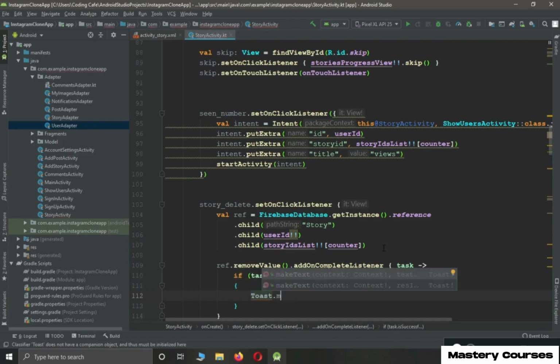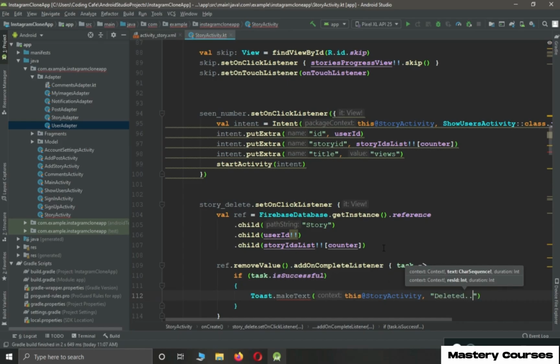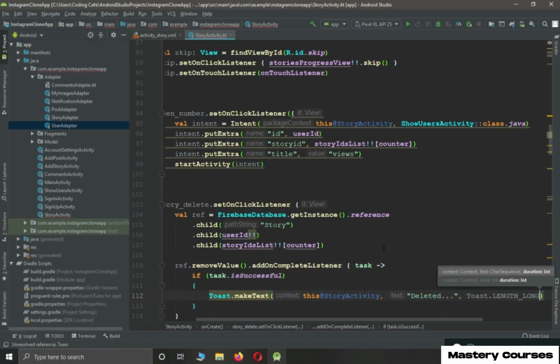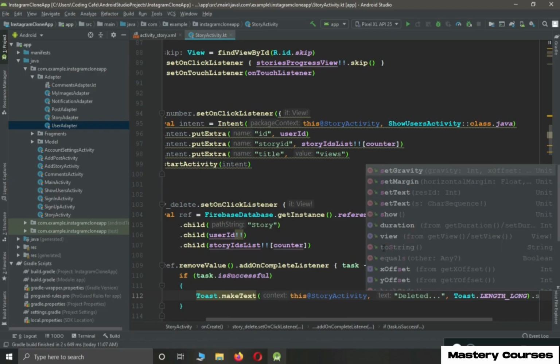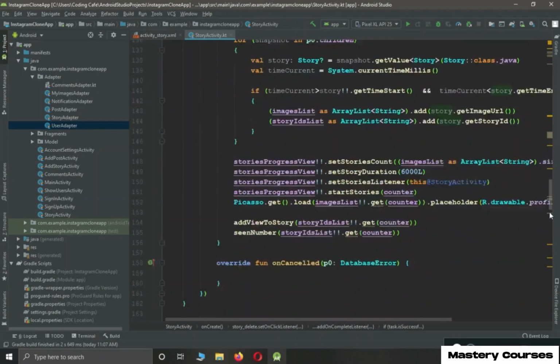Toast.make text, story activity, and the message will be deleted successfully, whatever message you want to write here. Toast dot length long dot show. So yeah, that's it. This is all about our